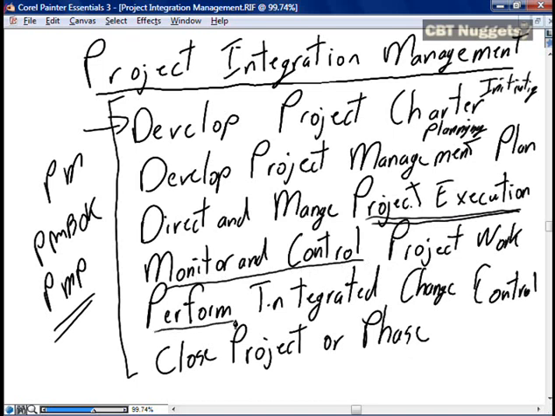Throughout, we're performing integrated change management to make sure that all changes are addressed and that all changes are properly integrated back into the original project plan, and that all changes follow or address scope, time, cost, quality. Again, that integrated change management addresses all of our 9/8 knowledge areas, and again, that it properly addresses the project delivery approach.